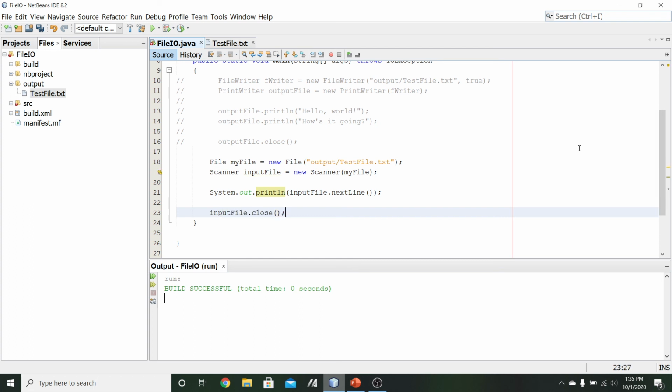So we'll just do the exact same thing that we did with our output file, where we tell it to close once we are done. So we'll do all this, and then we'll run it. So save that, run it, and now we can print out the phrase hello world to the